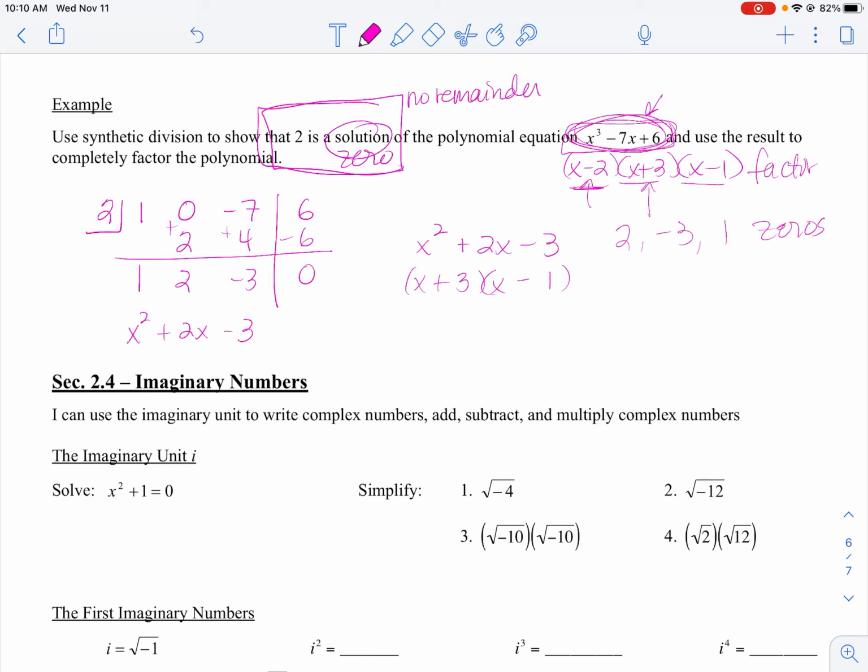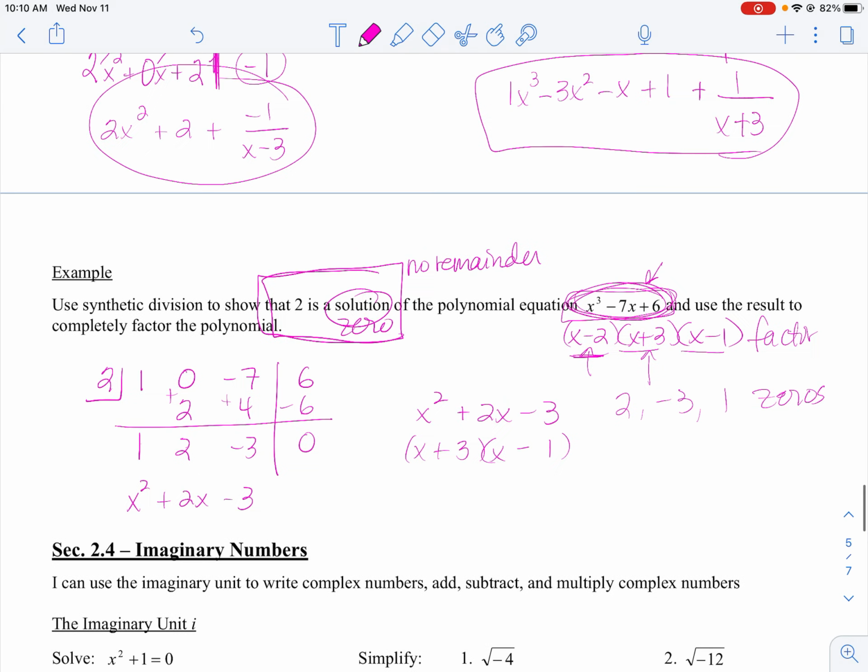So again, synthetic division, it's a good shortcut. It's a good handy tool to have. It can't help you all of the time. Sometimes you have to do long division. And for those times that you can use it,